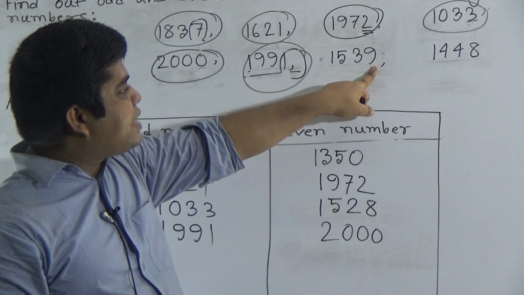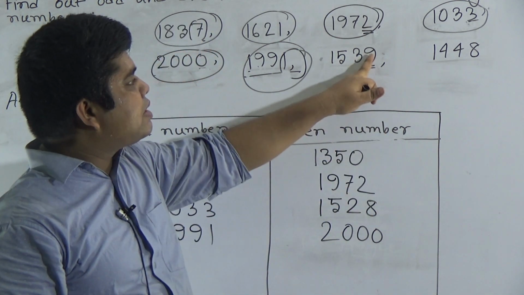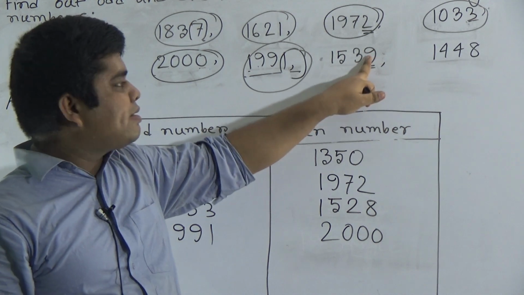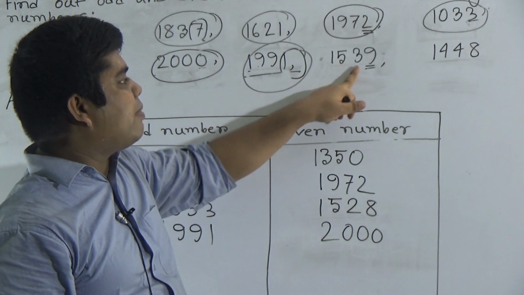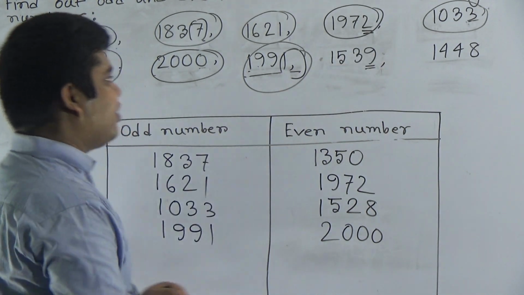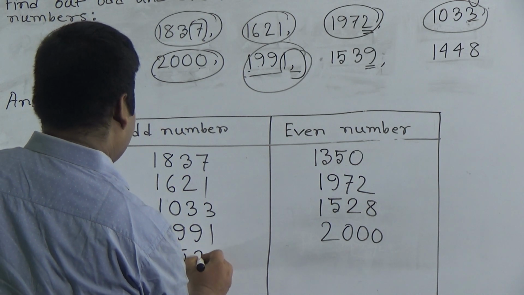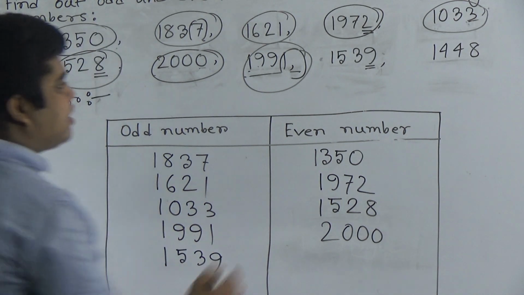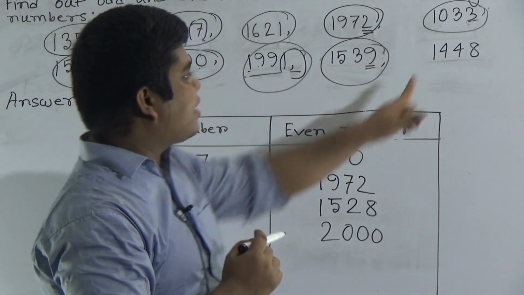1539. We check only its ones place number or digit. Here the ones place number is 9, as 9 is the notation of an odd number, so we say 1539 is an odd number, and we write it in the odd number box. So 1539. Okay, this one is done, and we shall check our next number,